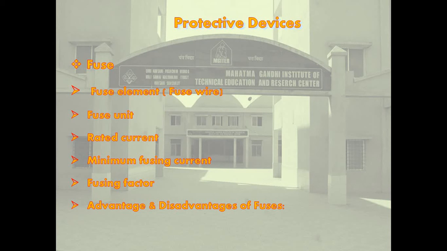Now, advantages and disadvantages of fuses. First, it is the cheapest form of protection available in the power industry. It requires no maintenance. The minimum time of operation of a fuse can be made much shorter than that of a circuit breaker. The fuse can interrupt heavy short circuit currents without any noise, flame, gas, or smoke. The inverse time current characteristic of a fuse makes it suitable for overcurrent protection. It affords a current limiting effect under short circuit conditions due to cutoff.